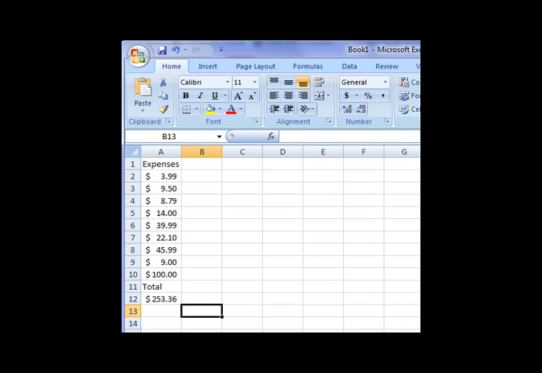Now let's say that you realize a number has changed or it's incorrect. Let's say this 879 here should be 1879. Make a note of our total, 253.36. Now we're in the cell. All we have to do is type over the old amount with the new. Hit enter, and now you'll notice our total changes. So it doesn't matter if you go away from this worksheet for a day, a week, a year,